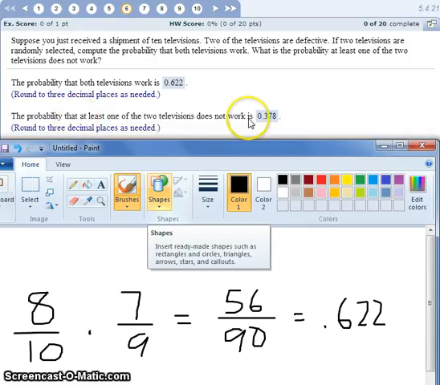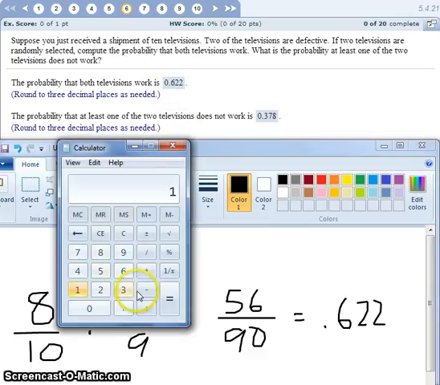And for the next part, we can use the complement rule to find the probability that at least one of the 2 televisions does not work. Because here we figured out the probability that they both work. So if they're both working this percent of the time, then all the rest of the time, either one's not working or they're both not working. 0.378, you will have at least one defective not working,